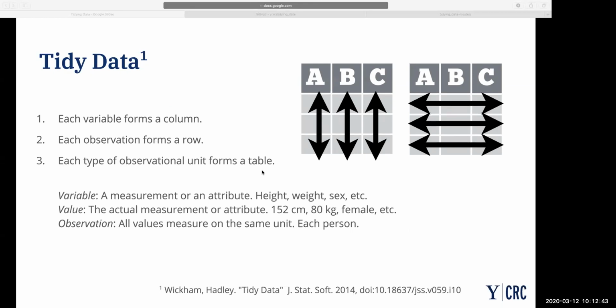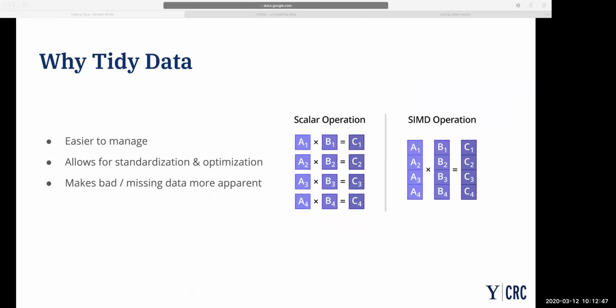And so why would I want to have my data in tidy form? Well, it makes it a lot easier to manage. You can a lot more simply add and remove, filter, or do some more advanced operations on this data. There's been a lot of work at all levels, from hardware up to software, for computers to be able to perform what are called vectorized